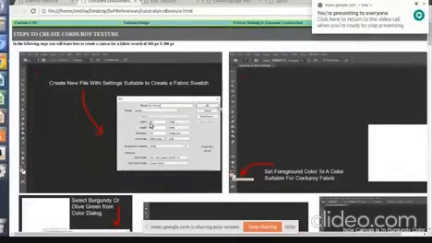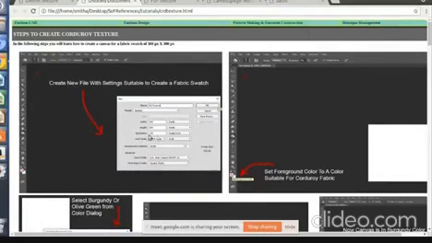In the width of the canvas you have to type 300. The units on the right side you have to change to pixels. For width and height the unit has to be in pixels, and width and height will be 300 by 300. Resolution you can keep at 150, 150 pixels per inch. This gives a good clarity image.